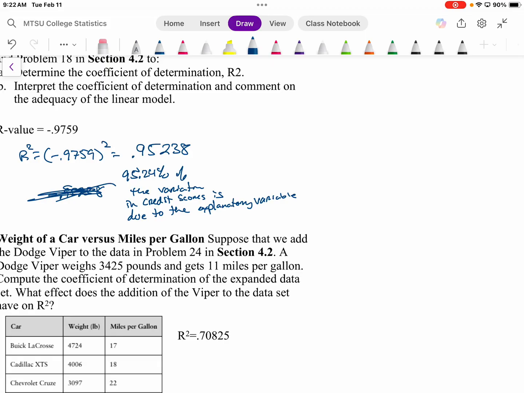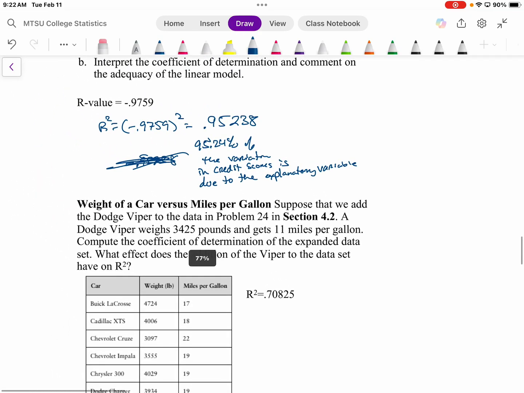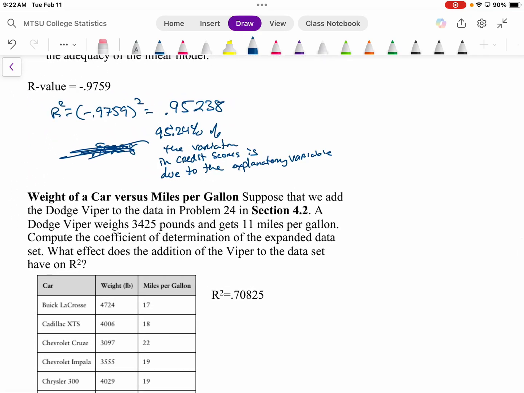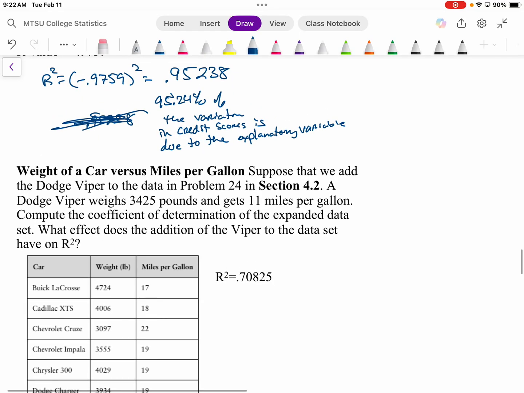I think eventually once you start seeing a bigger difference where we drop out of the 90%, we get into maybe the mid to low 80s and in the 70s, then we would say maybe that linear model is not appropriate because there is too big a percentage that is unexplained by lurking variables. I would feel safe with most of the stuff in the 90% saying this linear model is good. Once I drop from the 90% as a coefficient of determination, I would probably hold off and say, hey, this linear model may not be appropriate. Okay,